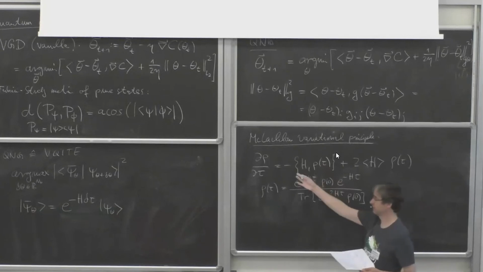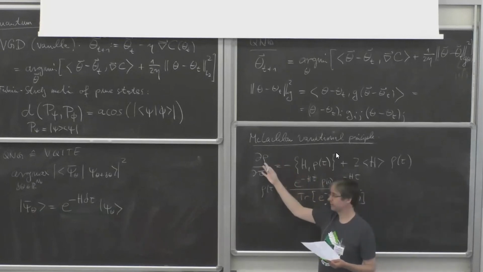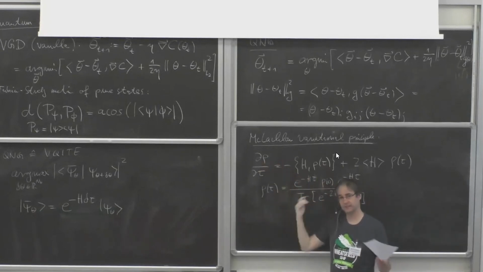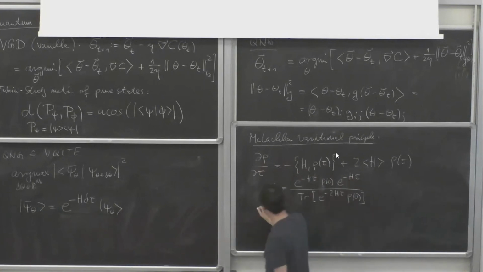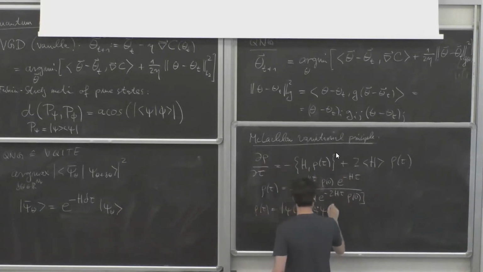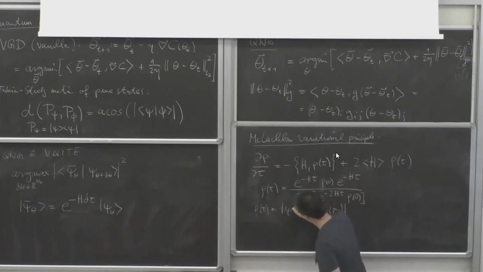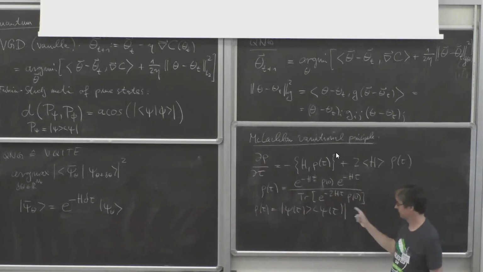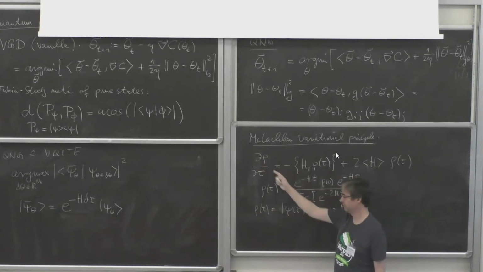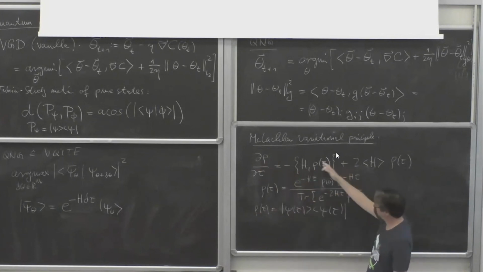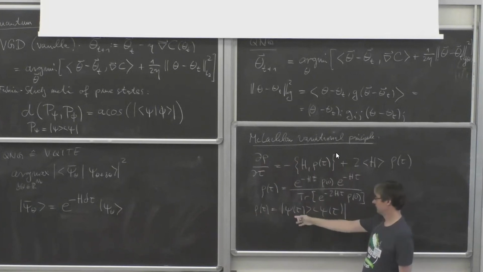This is an equation that shows how the density matrix, or how the states, evolve. Of course, here we're dealing with pure states. You can derive this more generally, but the derivation is easier with the density matrix. You can think of this as being just this psi here, so you can still describe pure states with density matrices. This equation of motion describes the time evolution of the state in imaginary time.